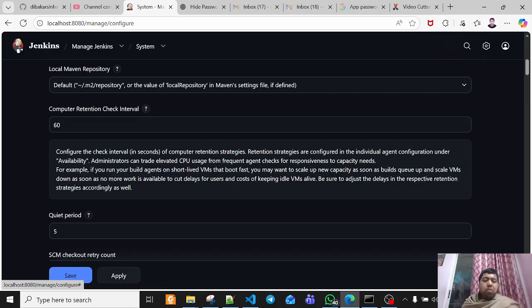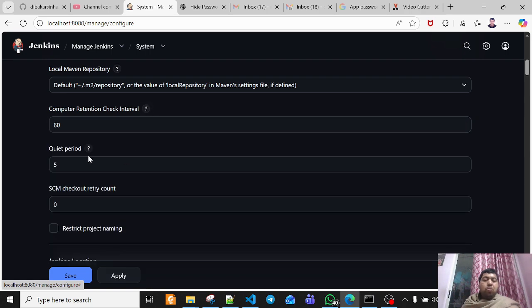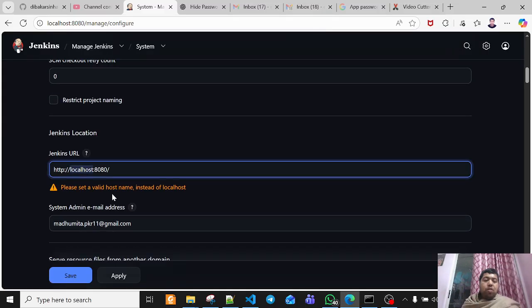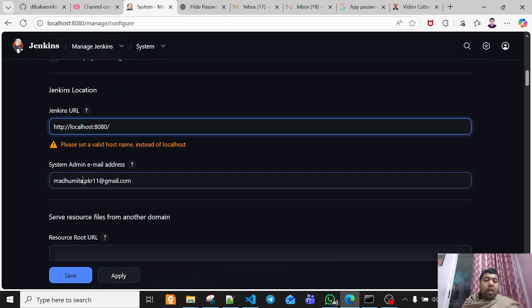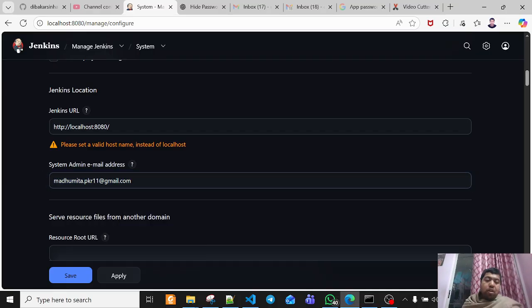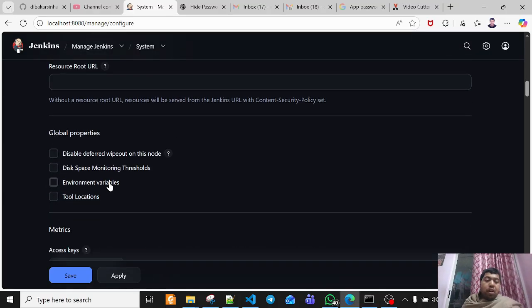If you click the question mark, you will see some statements which help you understand what this text box is all about. You can read it after. It is showing that I have to change the localhost to my IP address, so we can do it later. But here you will find certain statements not configured. You can put the email from which you want to send mail to your developers or other persons when the build has failed. So I have put in my mail,